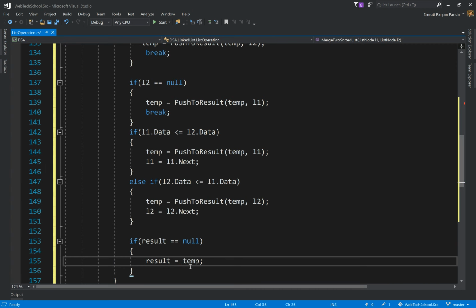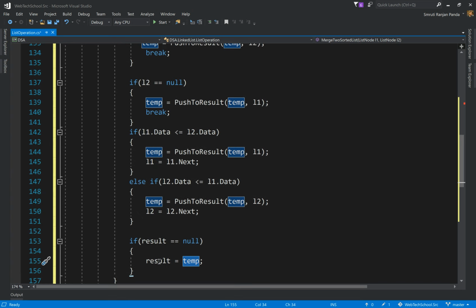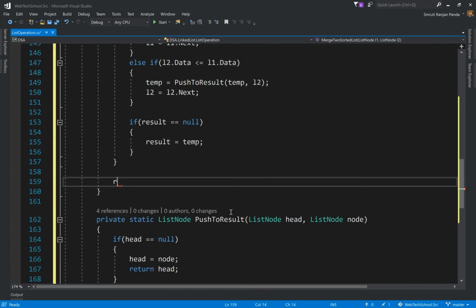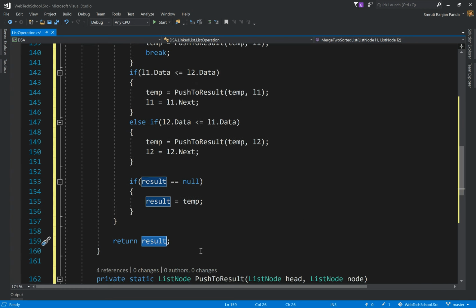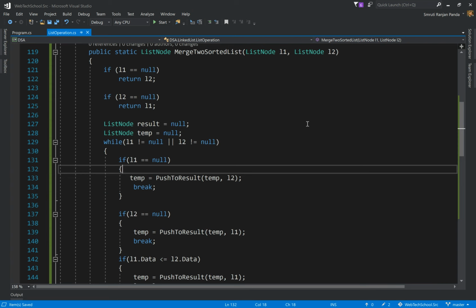So when the first element gets added to temp by any of these methods, we will simply update our result reference and return the result. This result should point to the head of the result list. That's all the code we need for merging two sorted lists.